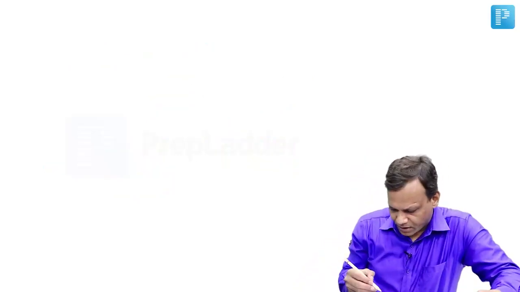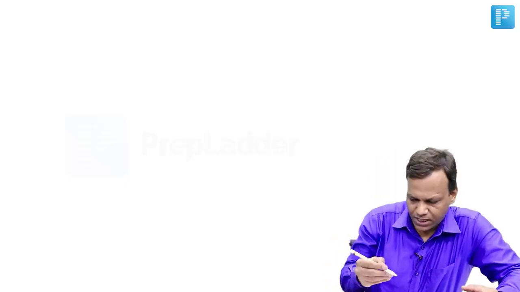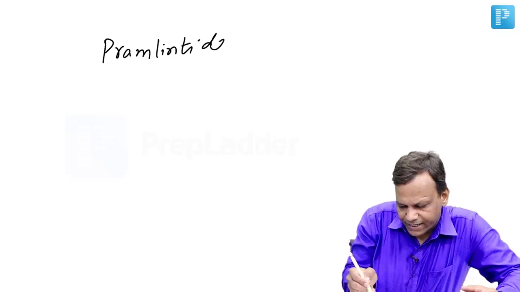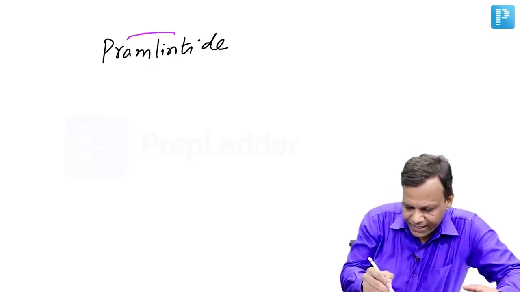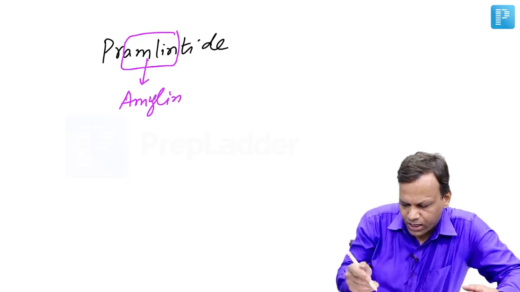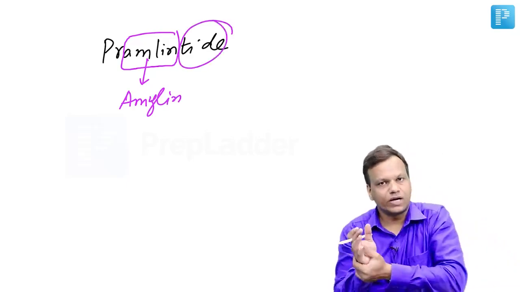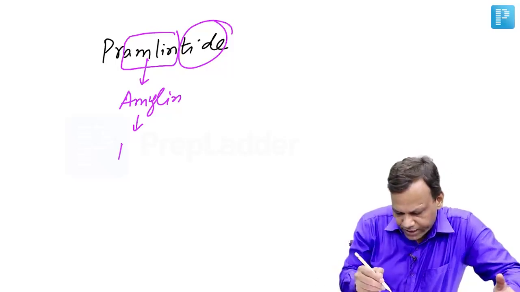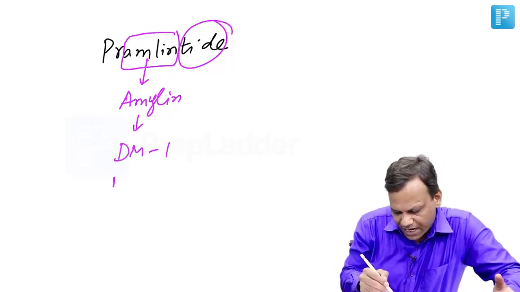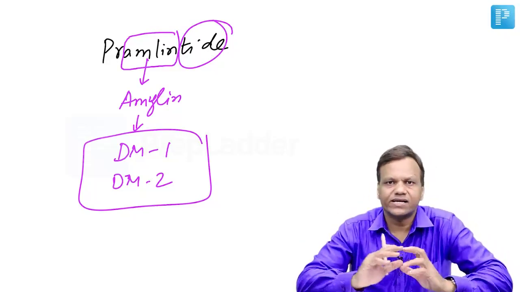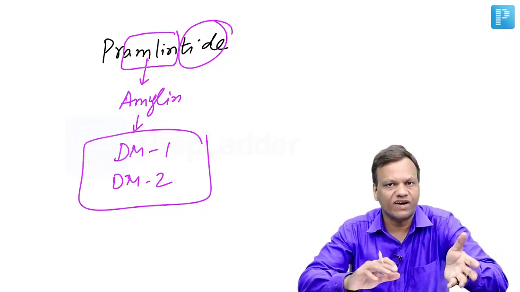Then the third drug which can be used in diabetes acting by this new mechanism is pramlintide. Pramlintide is a new drug which is an amylin analog. It works like an amylin analog. It is also a tide, which means it is not effective orally, a peptide drug. A special point about pramlintide is that it is the only drug apart from insulin which is used in type 1 diabetes as well as type 2 diabetes. So insulin and pramlintide are the only two drugs which are used in both type 1 as well as type